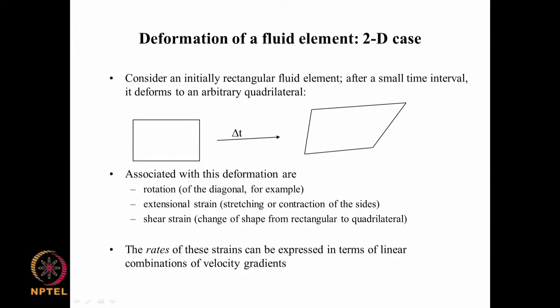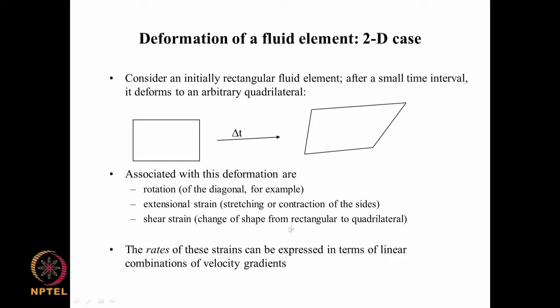Extensional strain, so it is also in plain terms stretching or contraction. If this stretches in the x direction and y direction together, then the area of this rectangle changes, and we can also see that this becomes bigger. So, that means that there is extension, and you can also think of a shear strain, where there is a change of shape. Shear is what we normally call the change of shape, and you can see that this is a rectangle. So, you can see that the angle is 90 degrees here, and here there is definitely a different shape